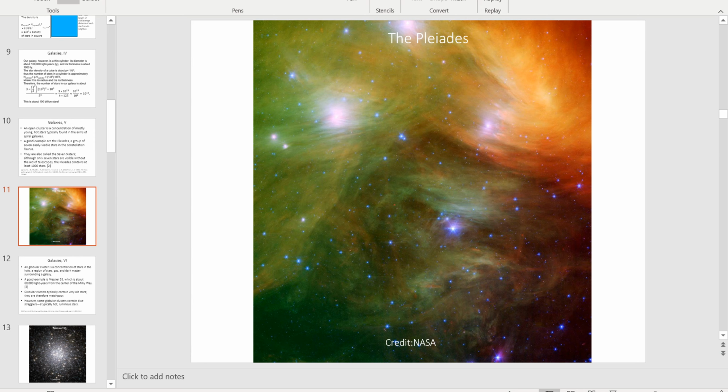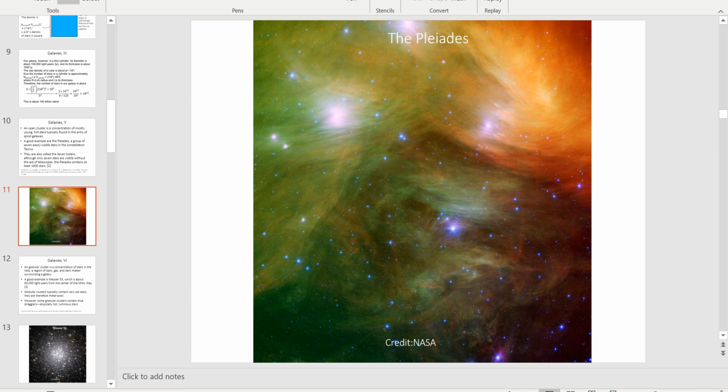Open clusters are characterized by having a lot of blue stars in particular, because they're regions where star formation is occurring. And that's because these are regions where there's tons of gas and dust, the stuff from which stars form, as we know. So there's going to be a lot of hot young stars. In addition, there's going to be lots of gas and dust. These two things combined are a major clue that what you're looking at is an open cluster.